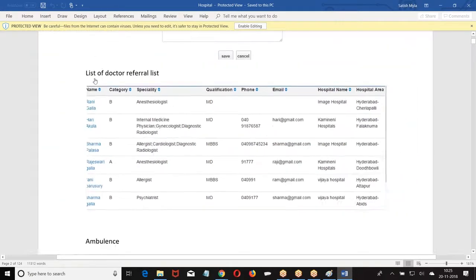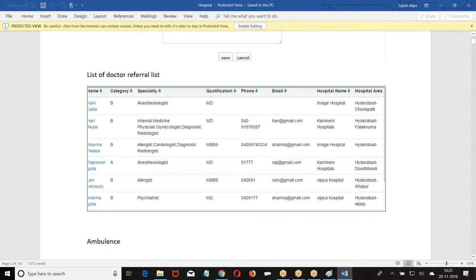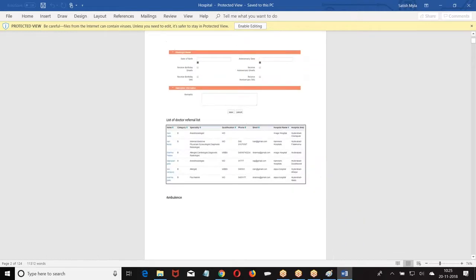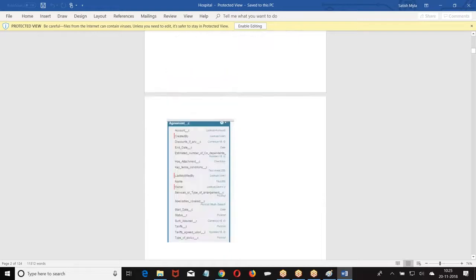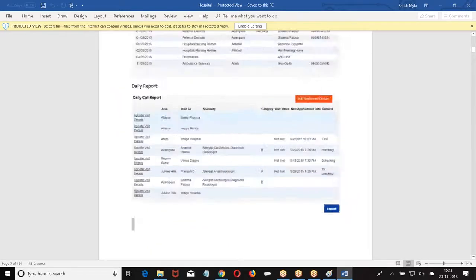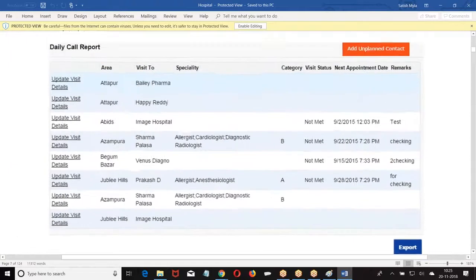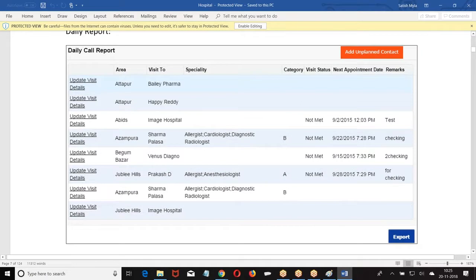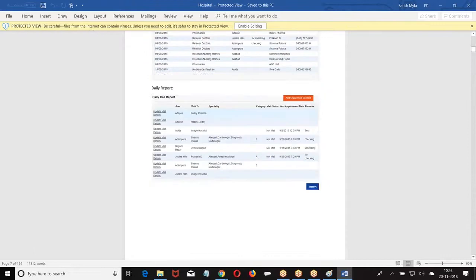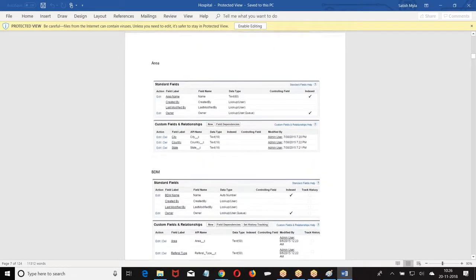They want the structure to be given like this, and they want some icons here. Now what do I want? Then I will not go for a page block table. I will go for repeat. Now this is the structure they have here. This is not a standard page block table structure. We want our own structure here. Now look at this. I want to create my own structure. When I want to create my own structure, what will I do? I will go for my own CSS. Then I don't want a page block table. I'll go for repeat.